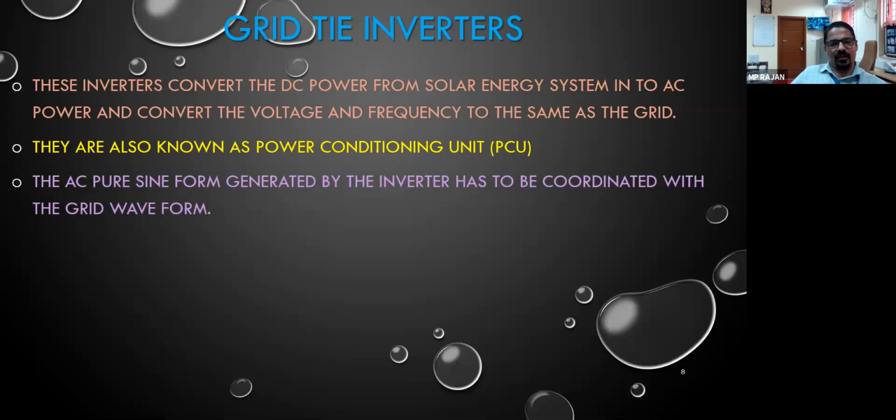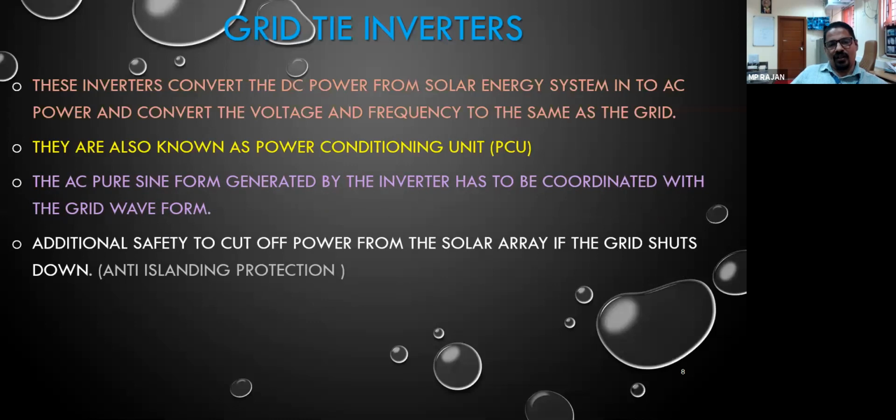So what are the other jobs it is doing? It has to stop the generation of power supply from the solar panel in case there is no supply from the grid, or in case the parameters of the grid supply are going out of range of your inverter. आपको ग्रिड सप्लाई अगर बंद हो गया मतलब कोई रेक्टिफिकेशन के लिए इलेक्ट्रिसिटी बोर्ड बंद कर दिया या आपका वोल्टेज ग्रिड वोल्टेज और फ्रीक्वेंसी आपका इन्वर्टर से मैचिंग नहीं होती है, उससे ज़्यादा ऊपर हो गया पहुंच गया या नीचे पहुंच गया, तो आपको इमीडिएटली आपका जनरेशन पावर जनरेशन फ्रॉम सोलर बंद करना चाहिए. अदरवाइज it will lead to a fatal accident.